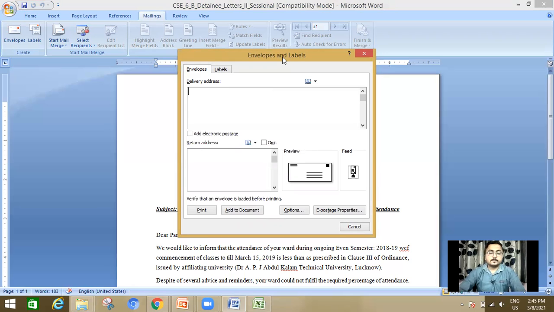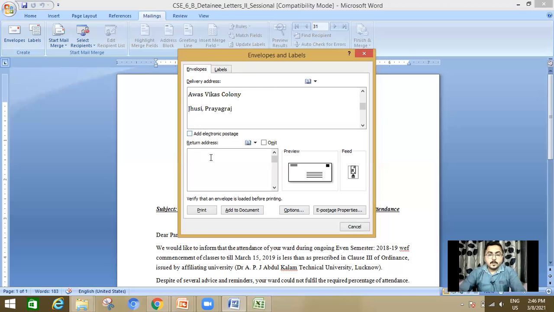For example, I am writing here Pathak's Computer Academy, Awas Vikas Colony, Jhusi, Prayagraj. Okay.